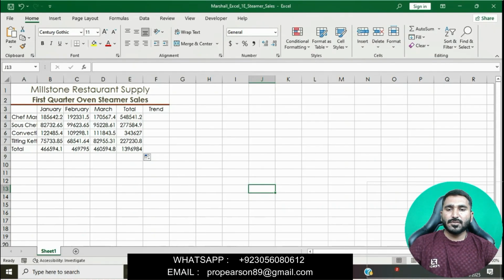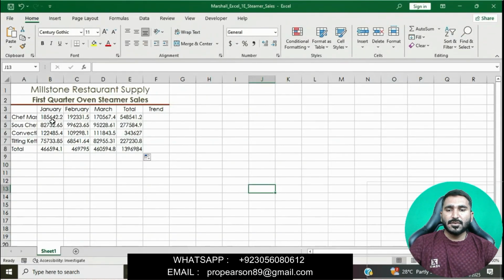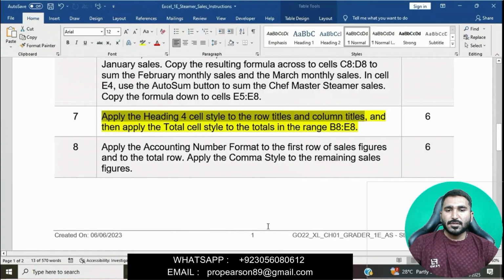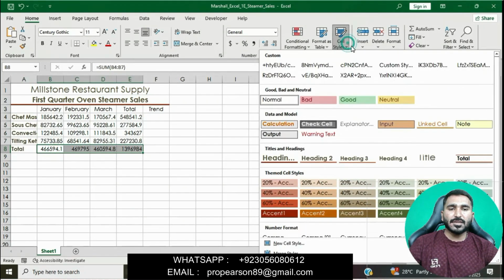Then select the range B8 to E8 and apply the Total cell style. Go to Cell Styles and apply the Total cell style on this range.